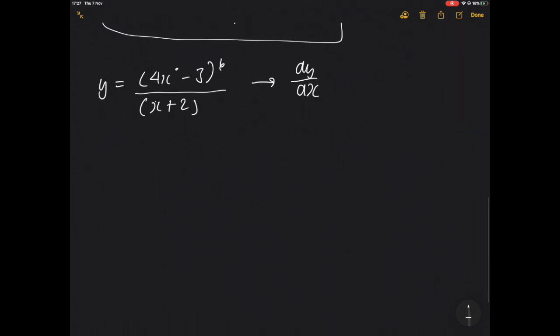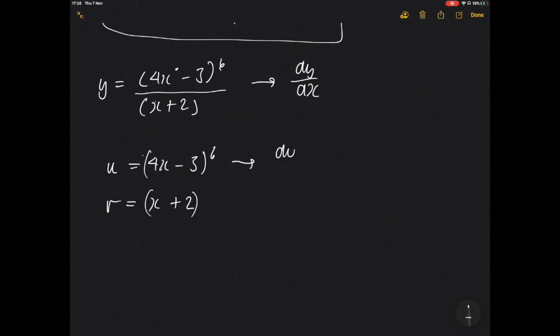Well, we can say that u equals (4x minus 3) to the 6, and we could say that v equals x plus 2, and then we can find our du by dx and our dv by dx, and that would equal then,